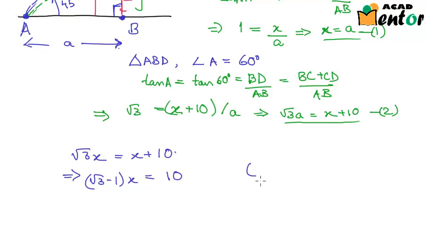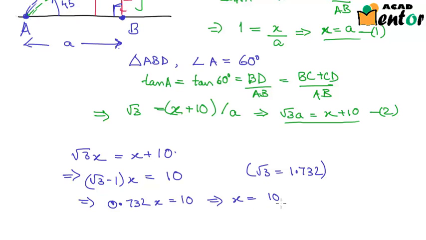And we can assume that root 3 is equal to 1.732. So here we would have 0.732 x is equal to 10. This would further imply x is equal to 10 by 0.732, which is equal to